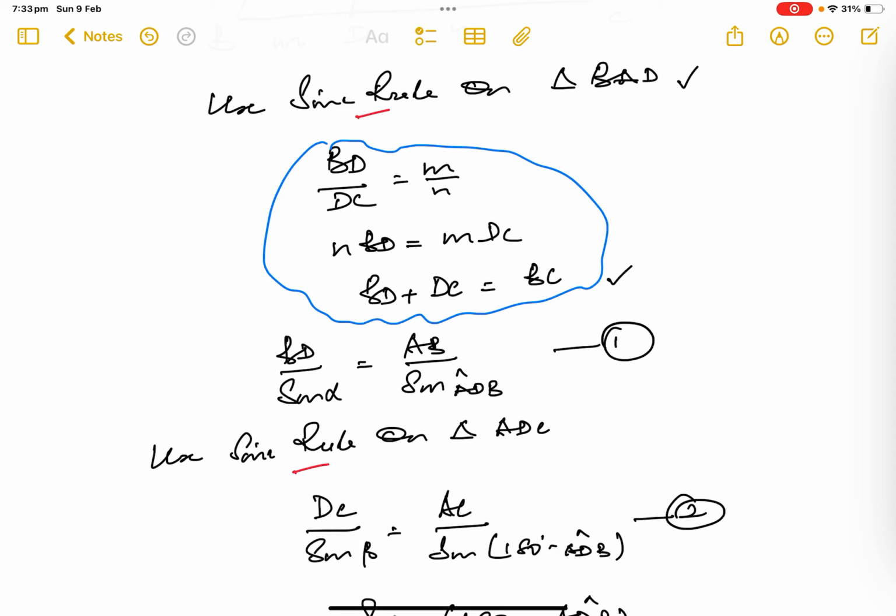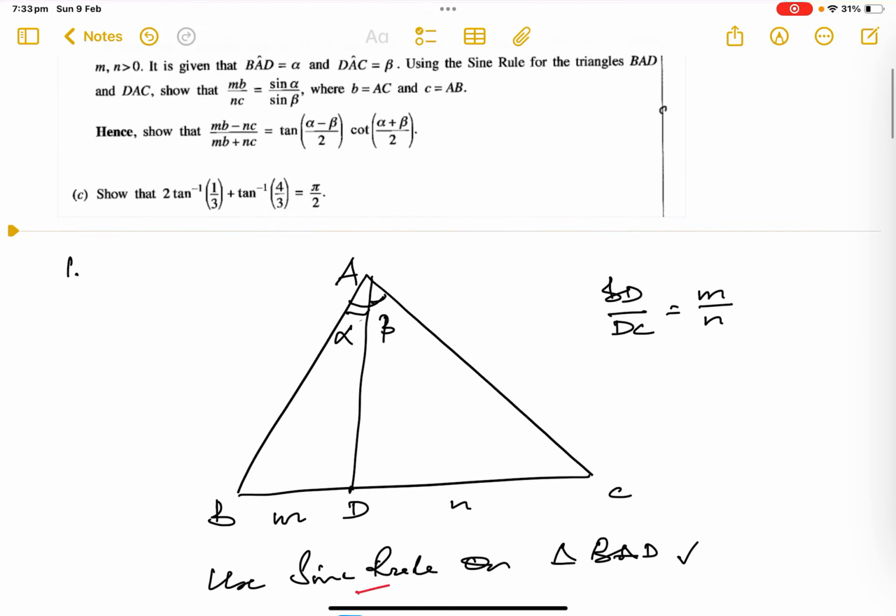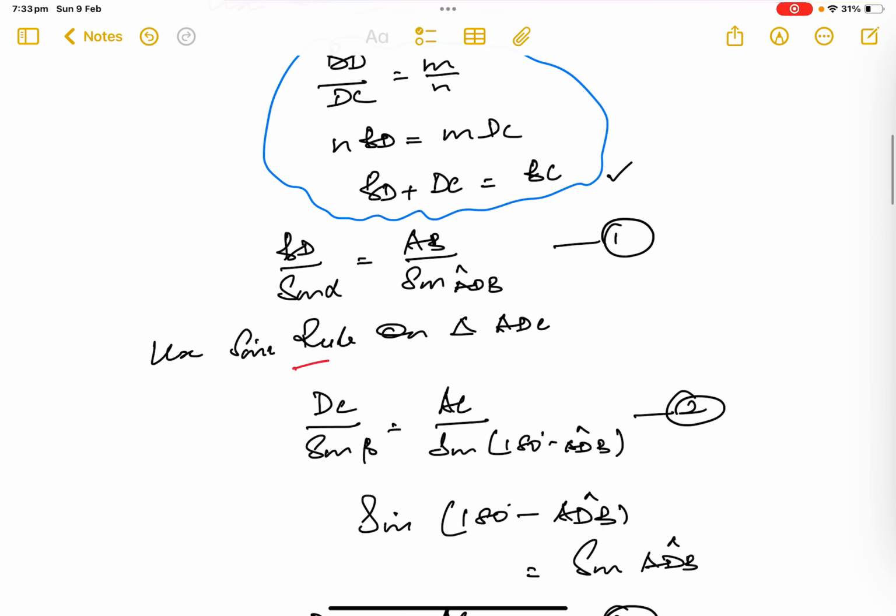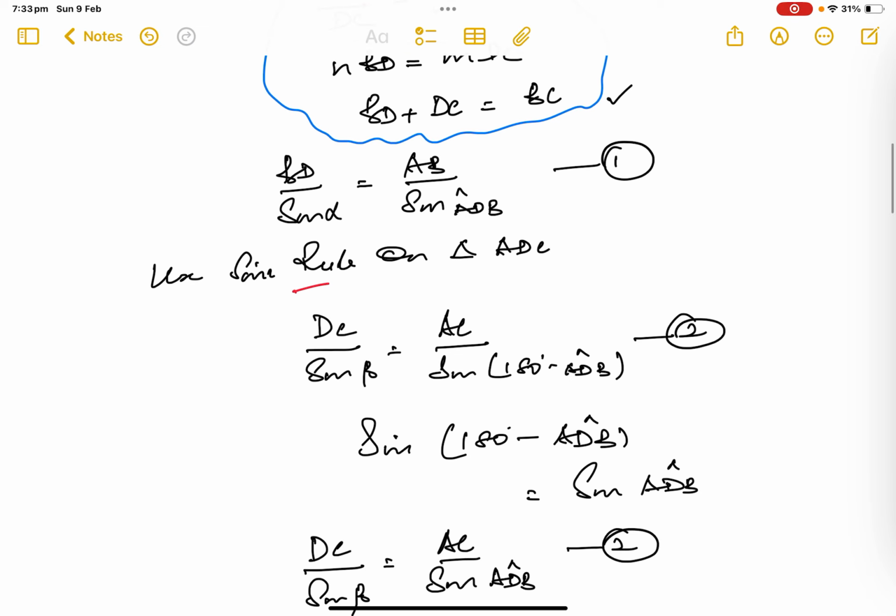BD over the sine of the opposite angle. BD over sine of the opposite angle, alpha, is given, and AB over sine of the opposite angle ADB. Then the sine rule for ADC, the other triangle: DC, opposite angle beta, so sine beta equal AC over sine